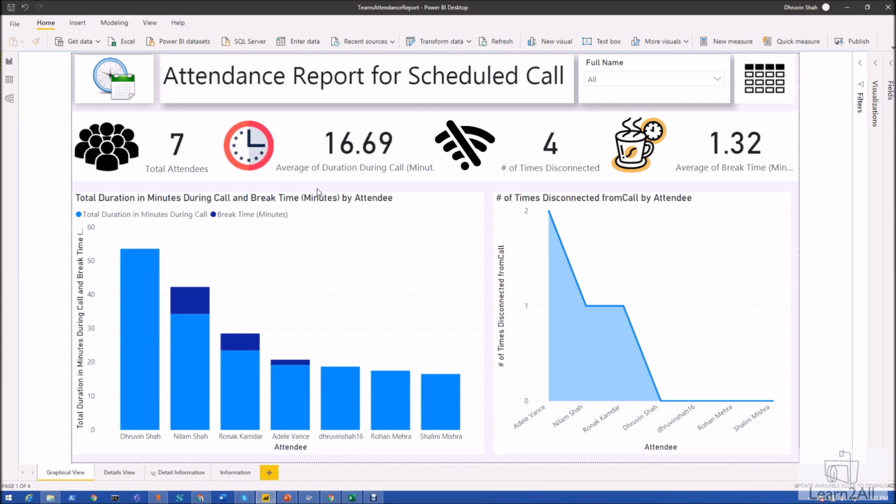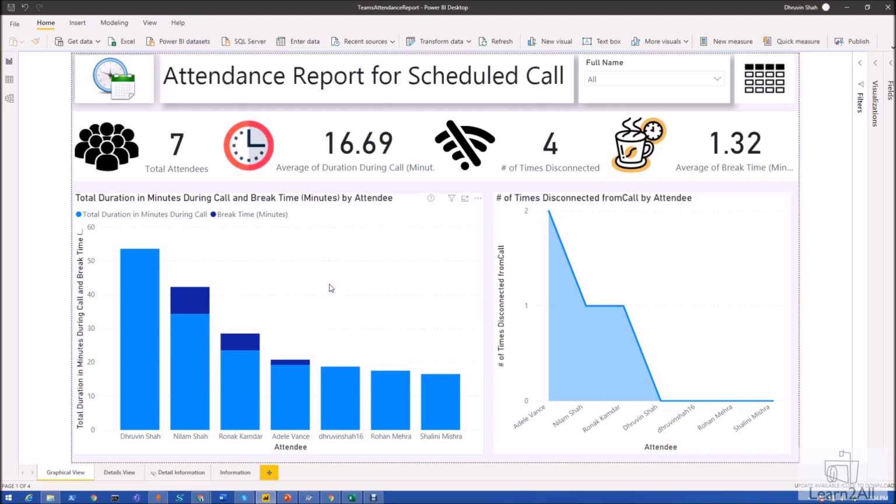Hey everyone, in this session we are going to discuss how we can generate a Microsoft Teams attendance report in Power BI. This session is dedicated to end users. Here, an end user can download this PBIT file and upload their own content to the report and view this beautiful report. In this session I am going to provide the steps for how a user can generate this type of report, as well as explain the detailed functionality of this report.